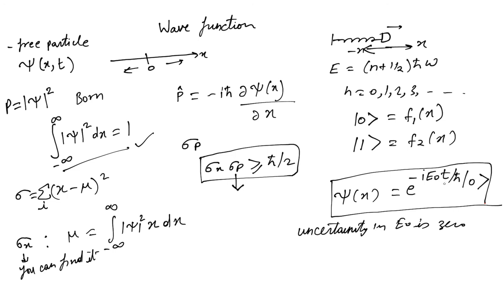No matter at what time you measure the energy of the system, where we are saying that the system lies in the 0th or ground state, you will always get E0, which means the uncertainty in time is infinite. Sorry for my bad handwriting. Again, you see, it satisfied the uncertainty principle regarding time and energy.